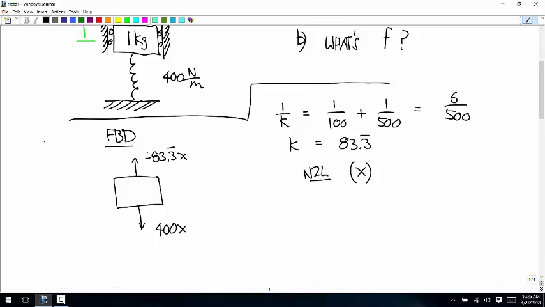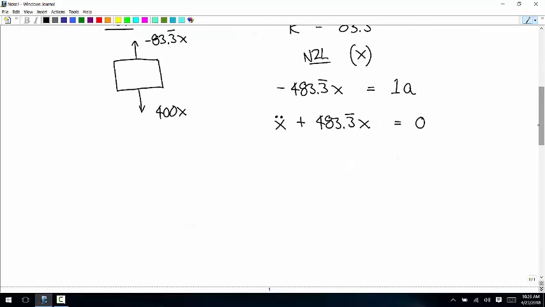So now in the positive x direction, we could also think of this as negative 400, so we have negative 483.3 repeating times x is equal to the mass times the x acceleration. And so x double prime plus 483.3 repeating x is equal to 0. If you think of this as the natural frequency squared, then our general solution